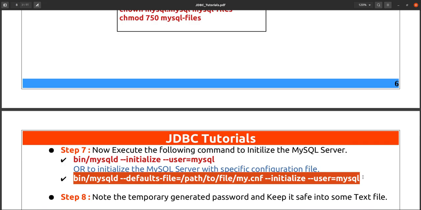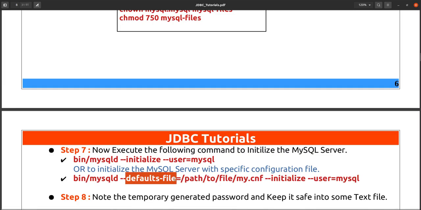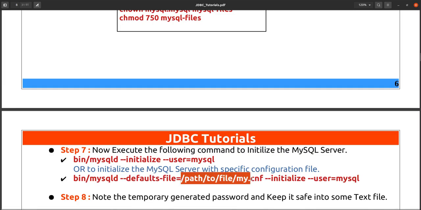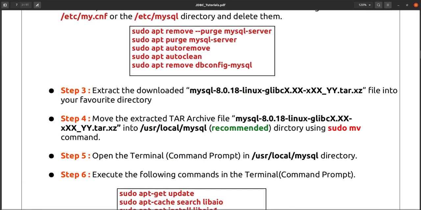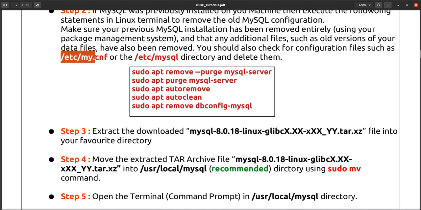But if you want to start your MySQL server at a specific port, then you can give this default file, a path to your configuration file. If you are not giving the default file, it will be used from opt something. We have given it from the folder /etc/my.cnf.